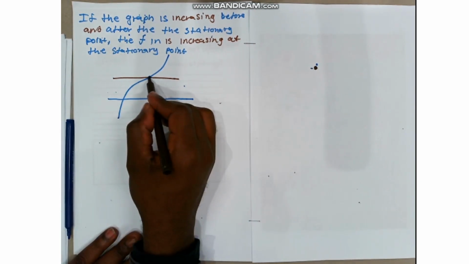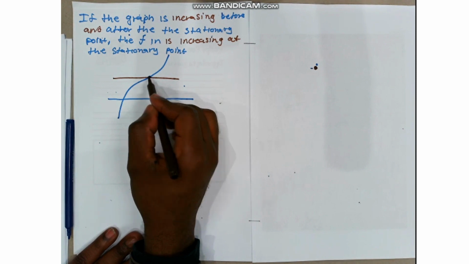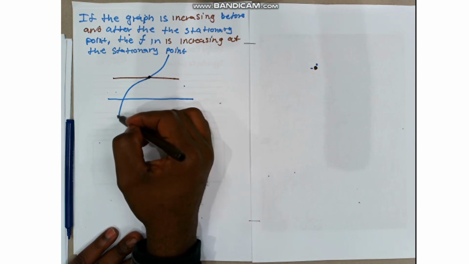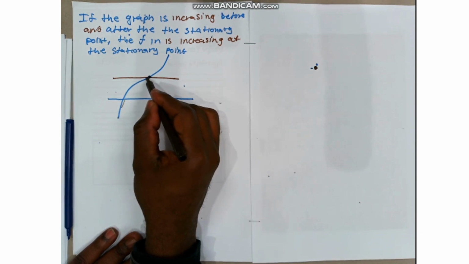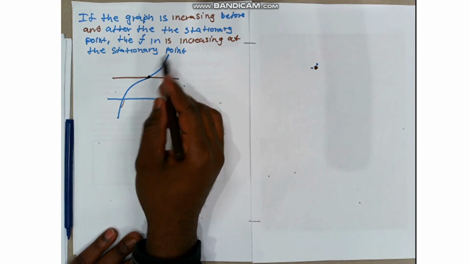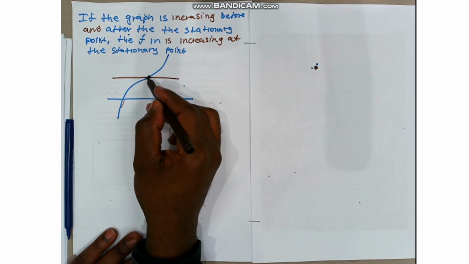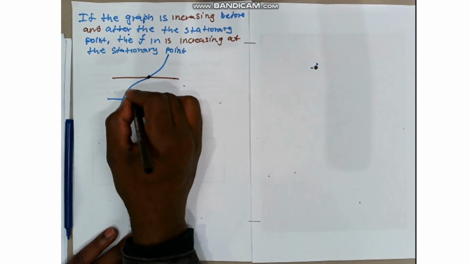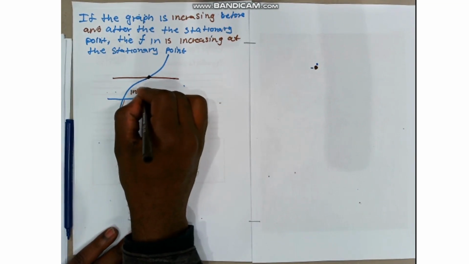This is our stationary point here. That's where our graph changes direction. This is our turning point. So this graph goes here, goes here, then reaches this point, and also goes increasing. So from down here going to the top, coming to the stationary point, from this stationary point also going to the top. So yes, it's increasing here,